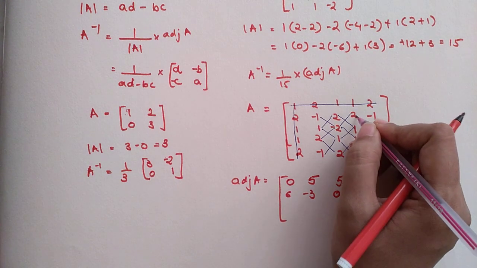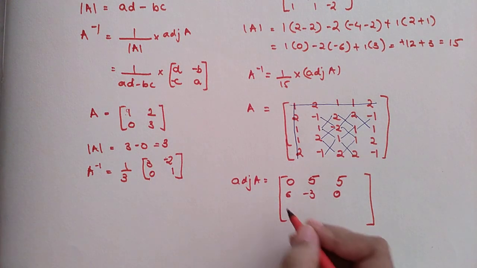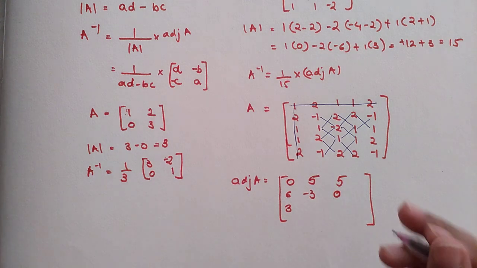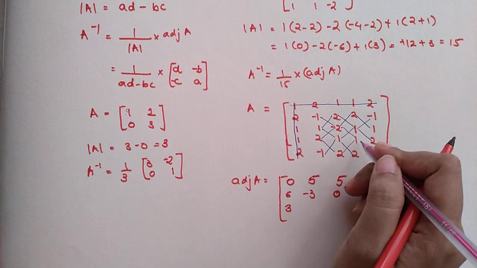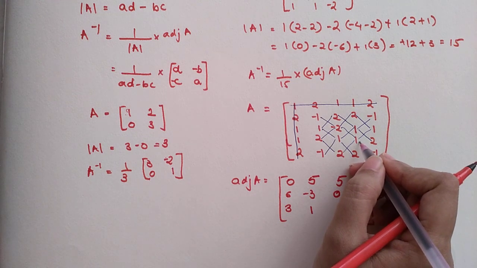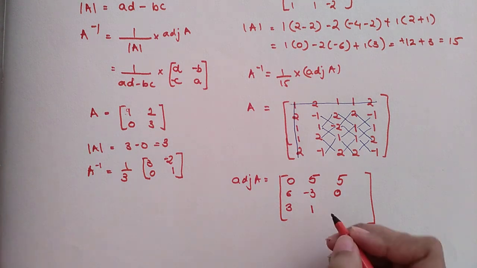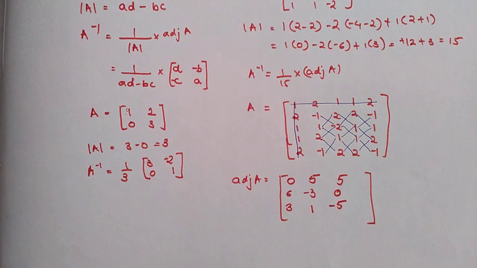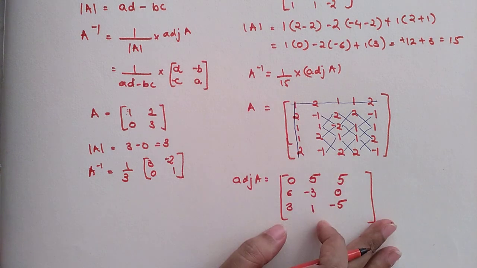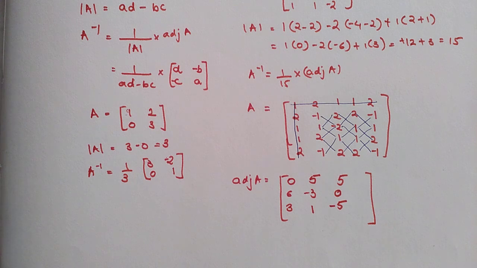So here 2 into 1 gets you 2, minus of minus 1 gets you plus 1. So 2 plus 1 gets you 3. Now 1 into 2 gets you 2, minus 1 gets you just 1, and then minus 1 into 1 gets you minus 1. Minus of 4, so minus 1 minus 4 gets you minus 5. Understood? So in this way you saw that you can find the inverse, or rather, wait, my final answer I'm yet to write.